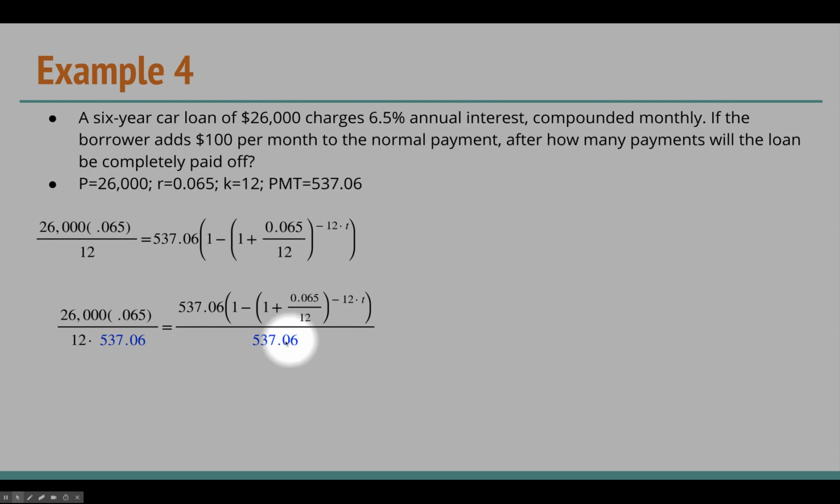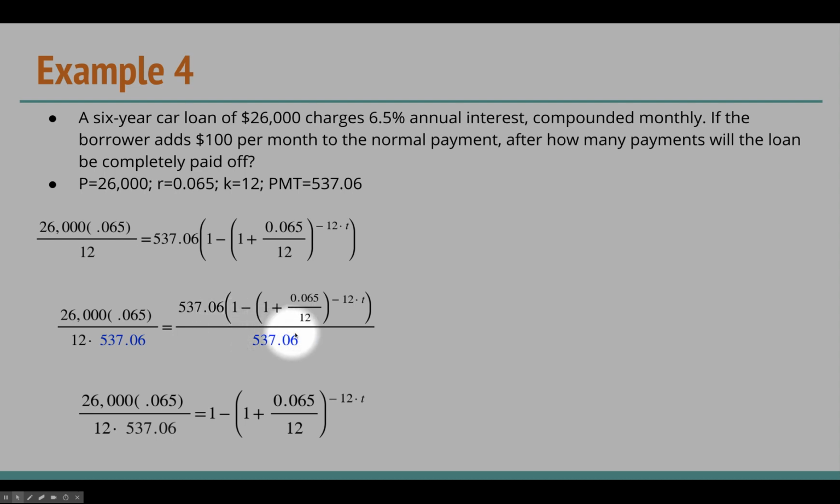So I'm going to divide both sides of the equation by that. So that's what I'm doing in this next step. On the right side, the 537.06 in the numerator and in the denominator are going to divide out to 1. Leaving me with just